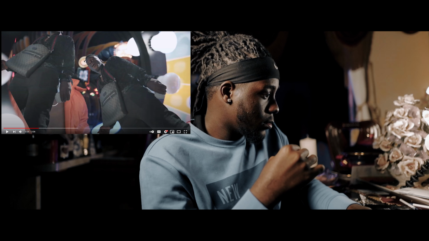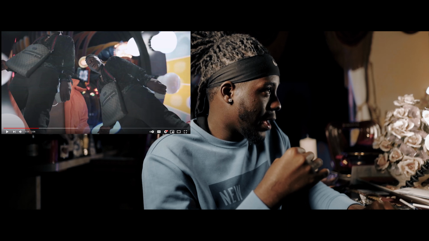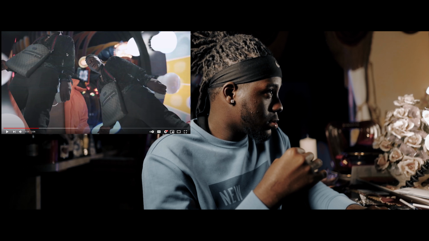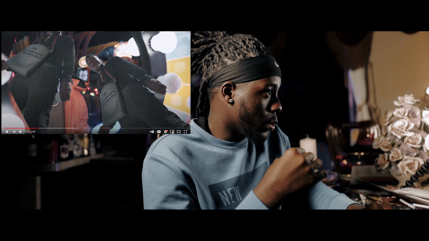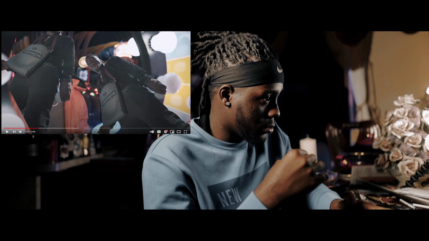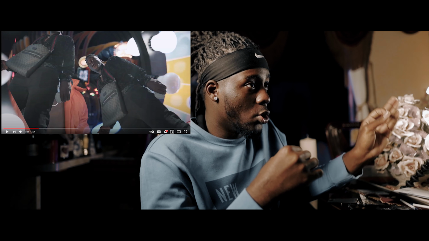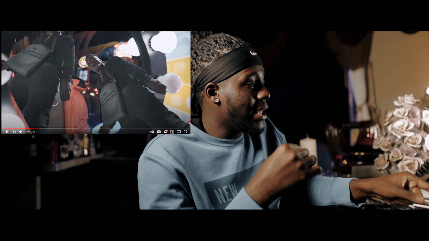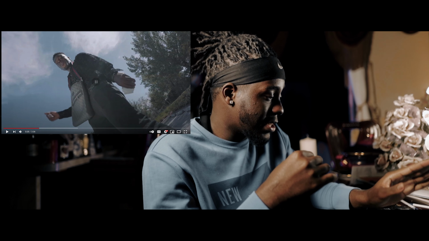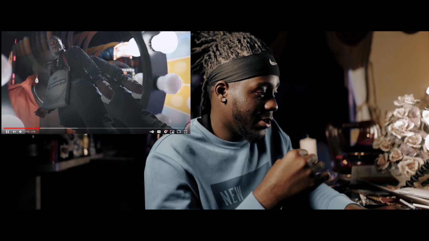So right here, I duplicated the layer. I masked him out. I decided to throw the masked out layer to the side, and I decided to rotate it, and I timestamped it and brought it back to default. And I timestamped it and reset the position so it can go back to his default position. So that means the second duplicate layer will be going to him, and it'll attach to him perfectly. So hopefully I'm explaining that right, guys.